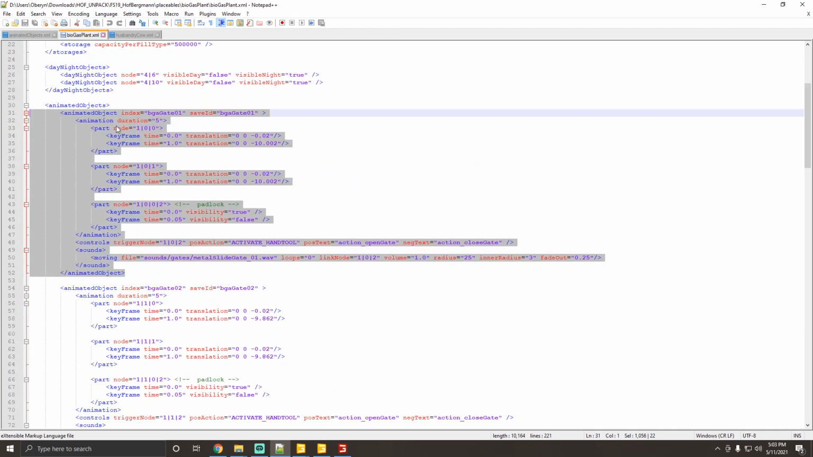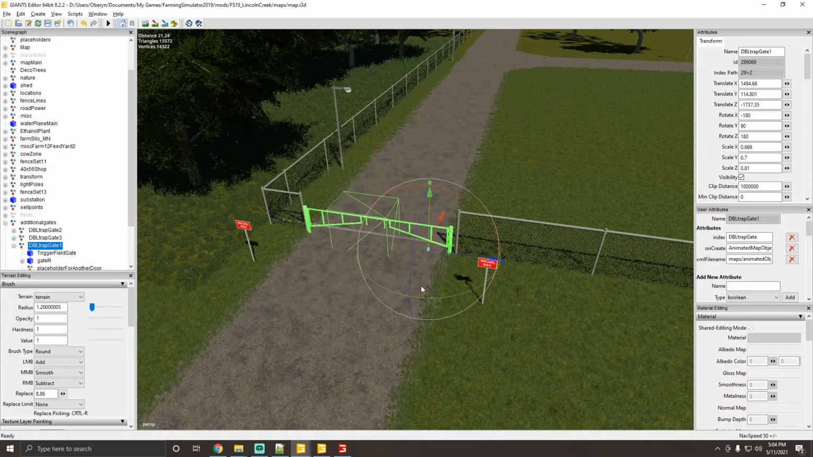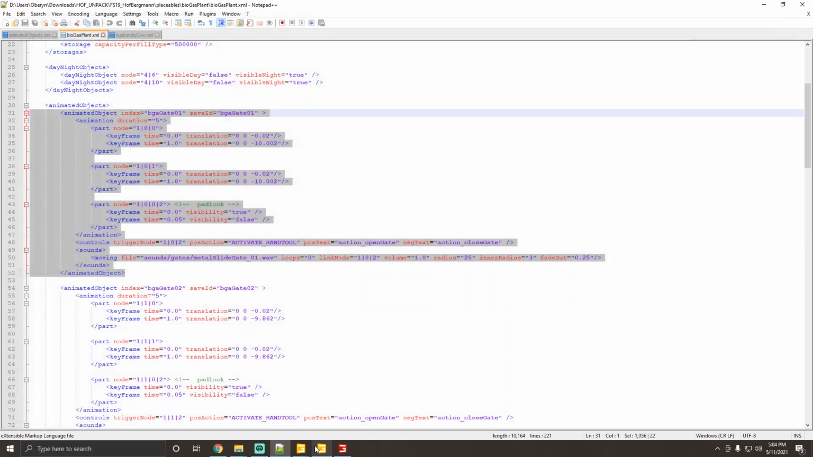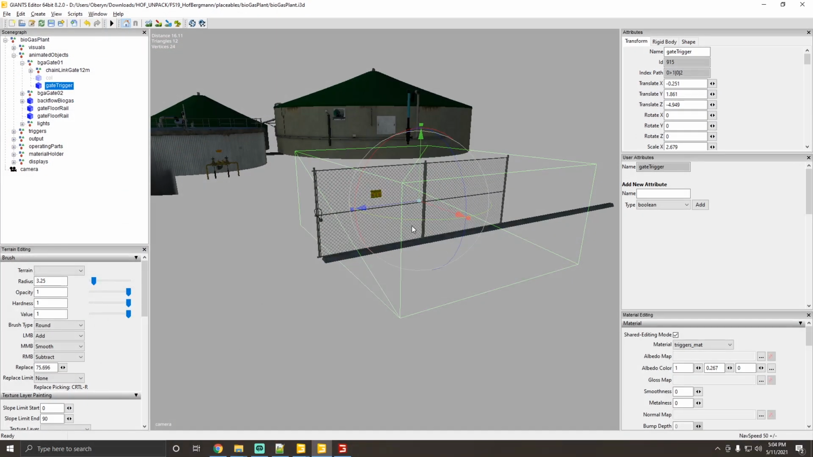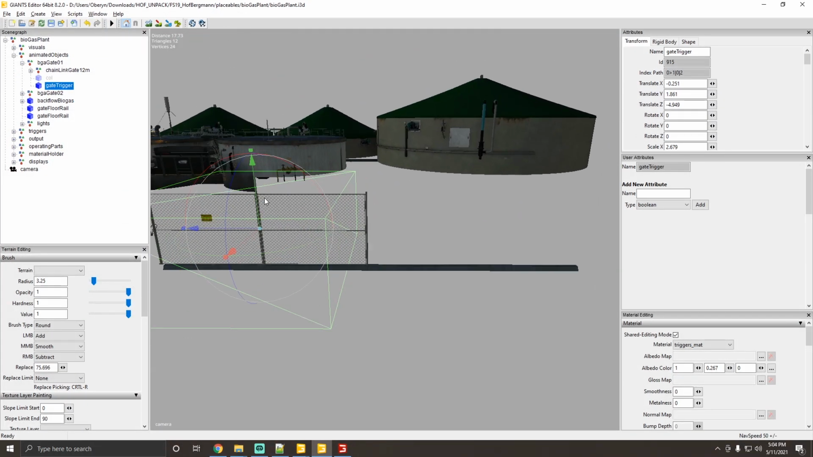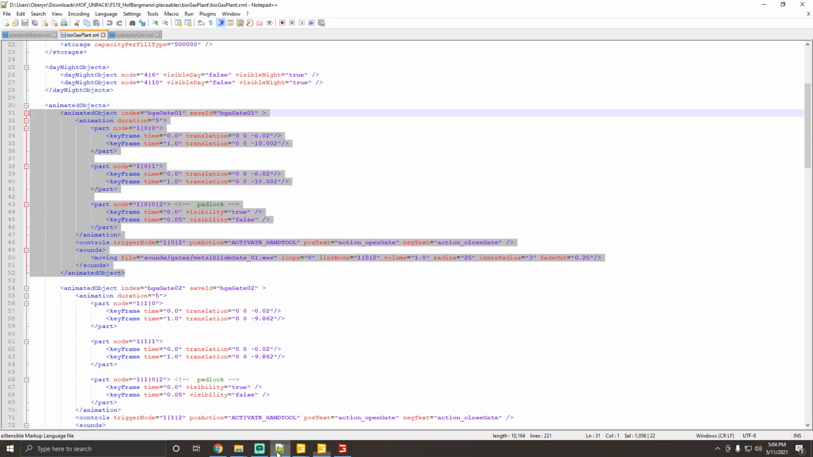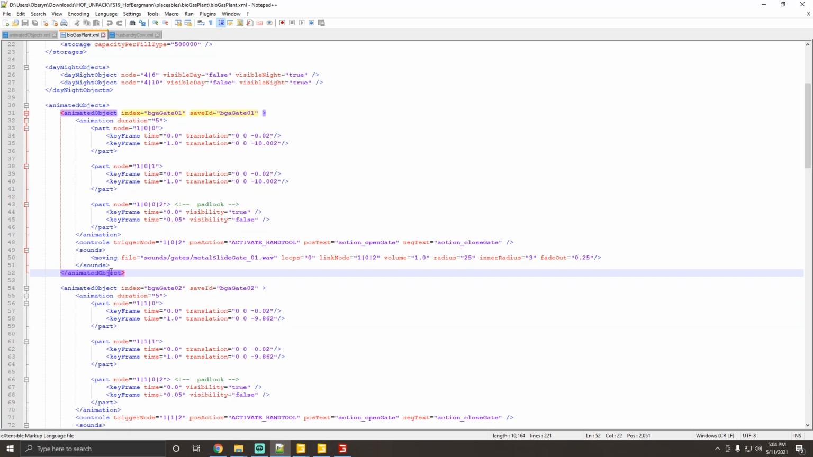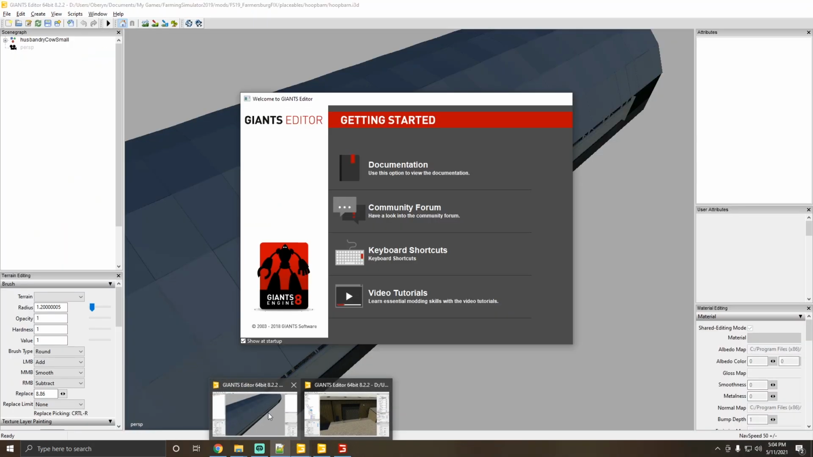So we have this biogas gate from Hofburgman. This animation is actually part of a placeable. If you want to carry this animation over, you just need to copy this animation here, bring it over, and then have the save ID, and I don't think you'd have to add anything else. You just have to copy this animation over along with the physical object, and then you have to add